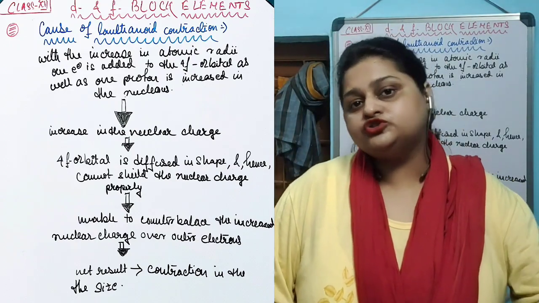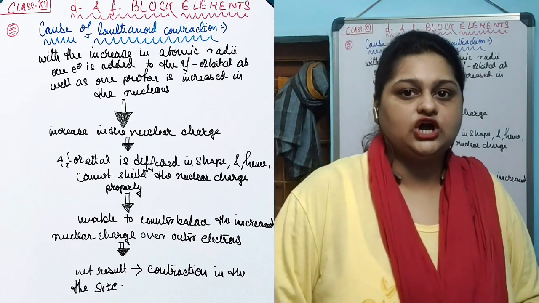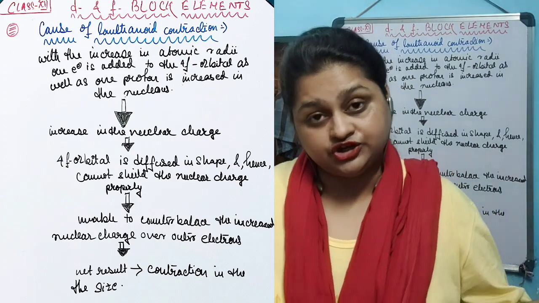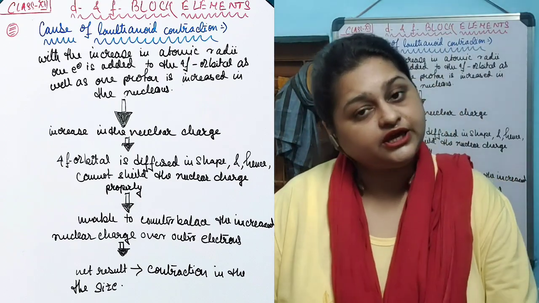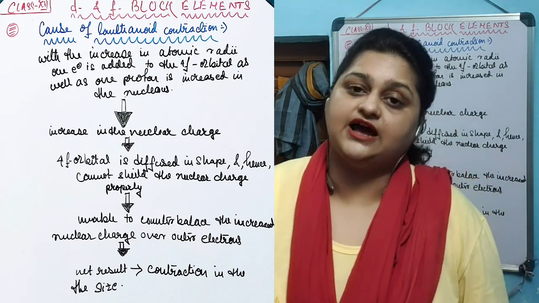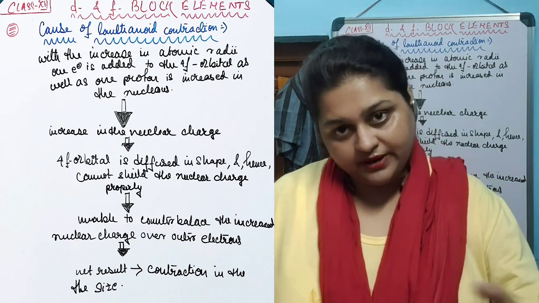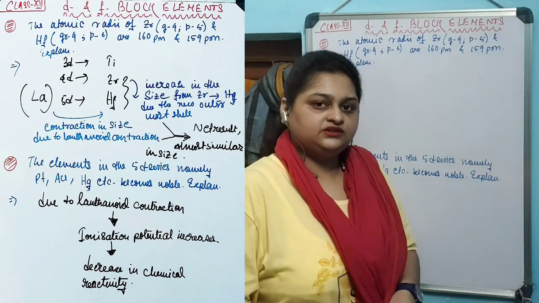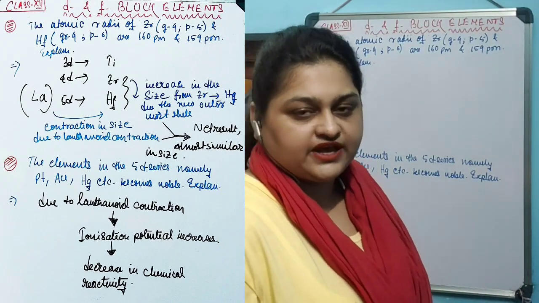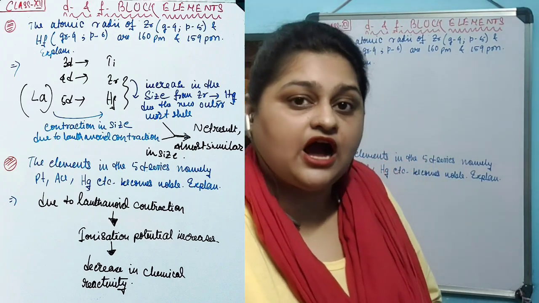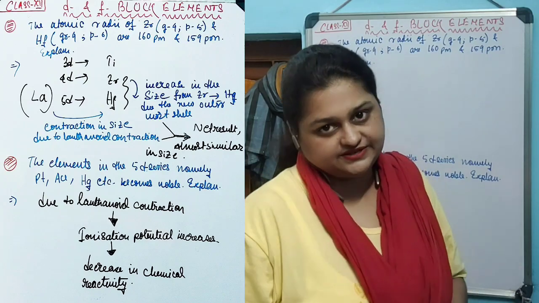As a result, most of the increased nuclear charge goes on to the outermost electrons, and the contraction happens to a considerable amount, resulting in a steady, collective decrease of size, which is known as the lanthanoid contraction. Due to the lanthanoid contraction, some consequences can be observed even in the elements after the lanthanoid series.